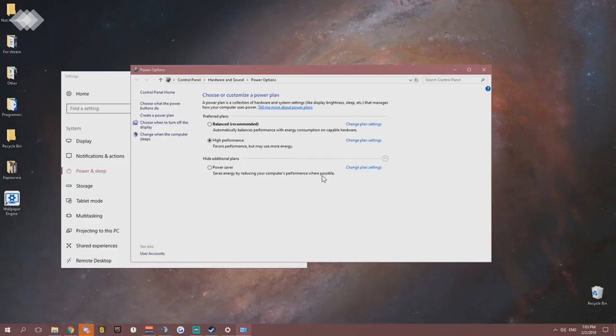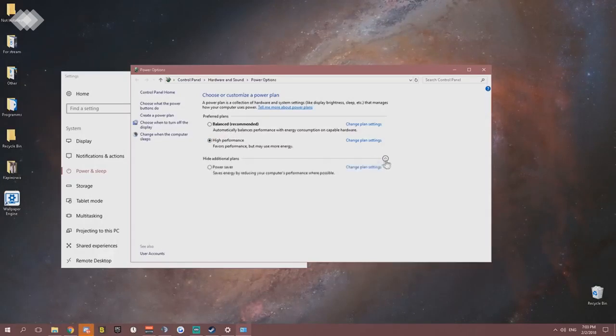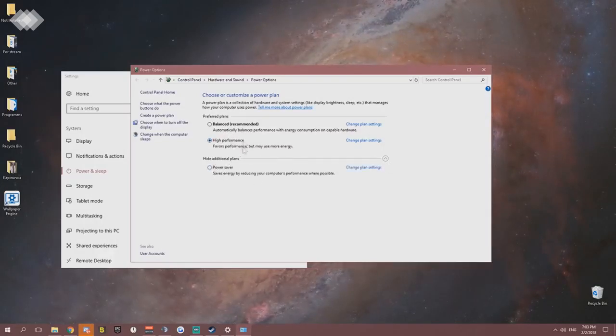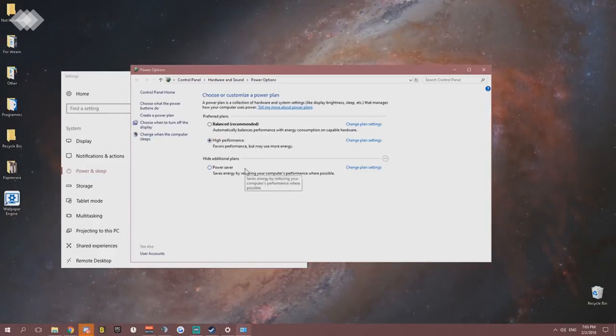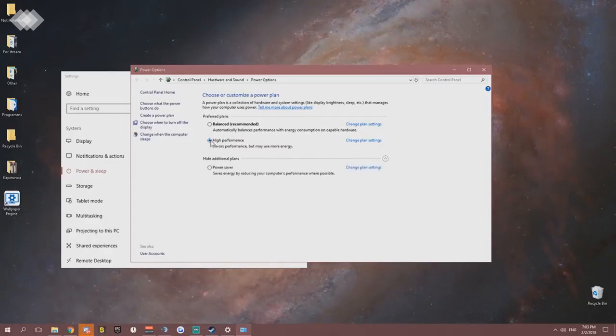Most likely you will get balanced marked, and you will need to hit this button because you will have here balanced and maybe power saver. So you will go and hit this to have here high performance, because high performance is already used by me, that's why it's at the moment here on the top. But by most users you will really have it under here. So basically you will turn it up, go into high performance, mark it,